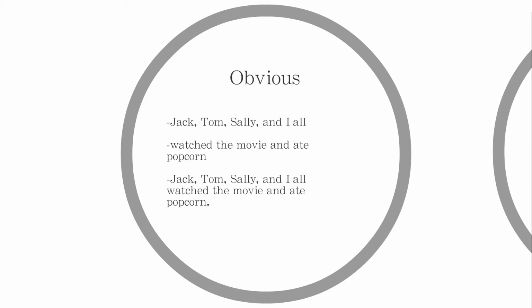These first kind are relatively obvious. They are either missing the character or the action. In the first example, "Jack, Tom, Sally, and I all," there's no action. What are we all doing? In the second example, "watched the movie and ate popcorn," there are no characters. But if we combine our action and our characters, we get a complete sentence. These kinds of fragments are easier to spot than others and were covered in the previous video, so we can